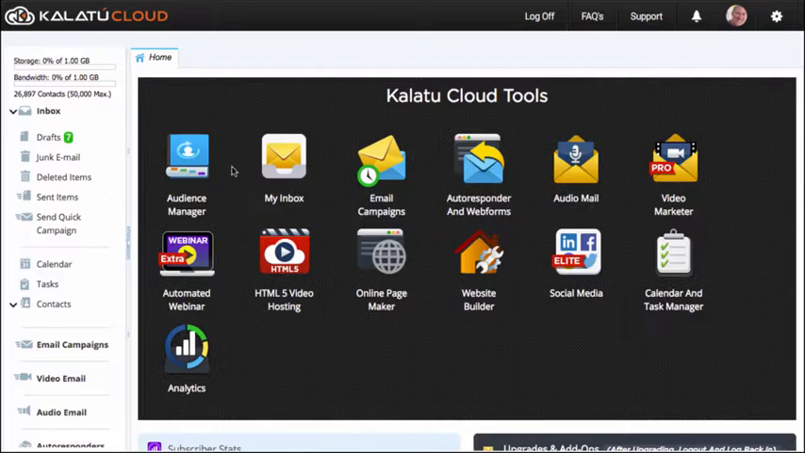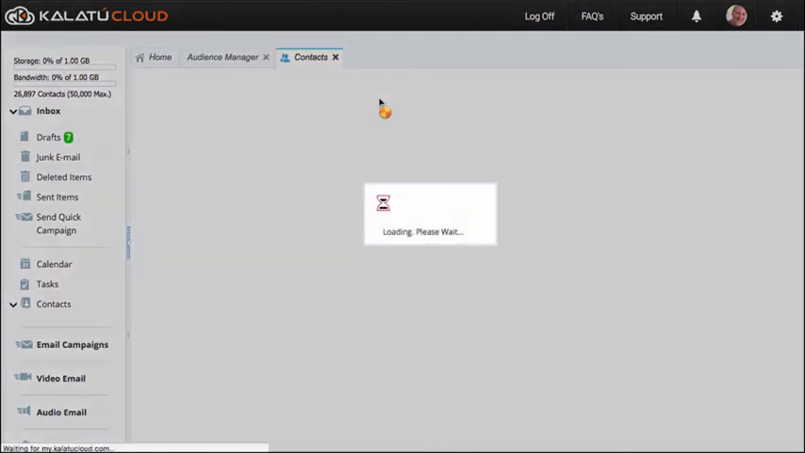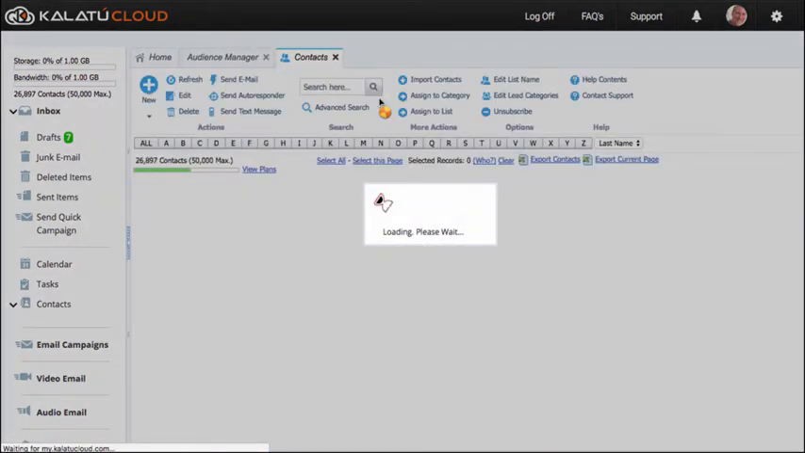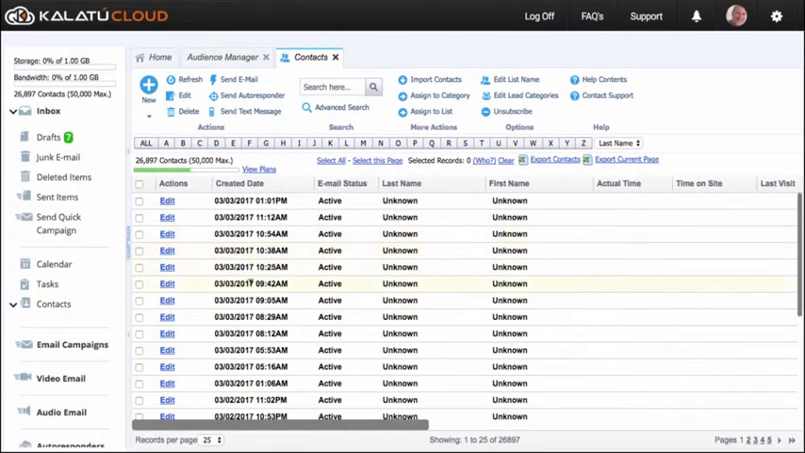So here I'm logged into my Kalatu Cloud account, and the first thing you want to do is click on Audience Manager. And then right up here at the top, you'll click on Manage Contacts. And then once that screen loads, it's going to go ahead and start displaying contacts in your list. Now what you're looking at here on this screen is all the contacts across all of your lists inside Kalatu